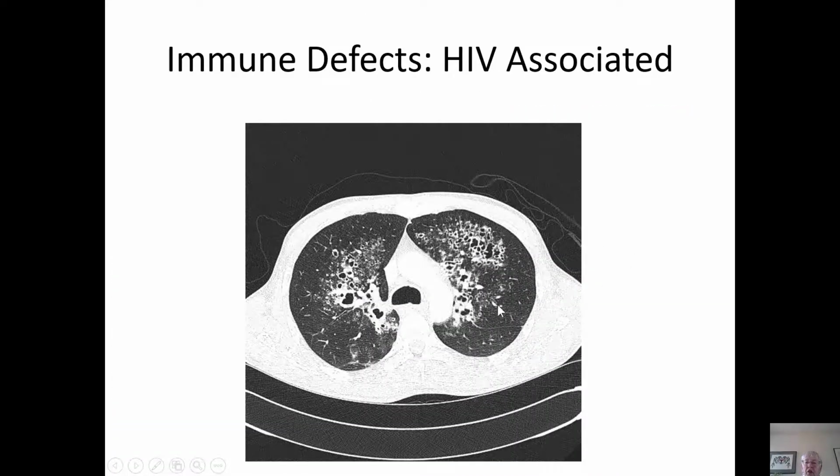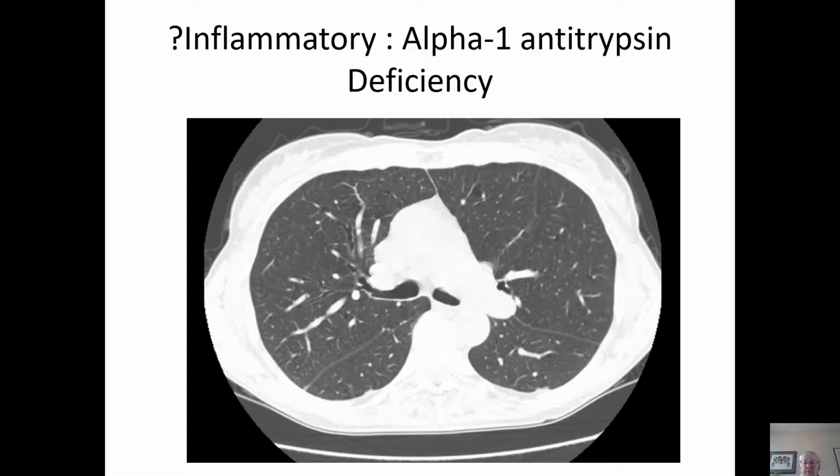This is a case of HIV-associated bronchiectasis in the absence of infection. So there must be some sort of immunological defect that allows patients with HIV disease, regardless of infection, to develop bronchiectasis. This is another puzzler where there is bronchiectasis in patients with alpha-1 antitrypsin disease, probably associated with inflammation, although